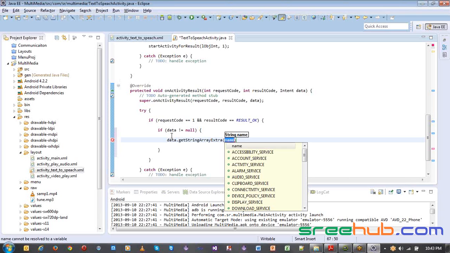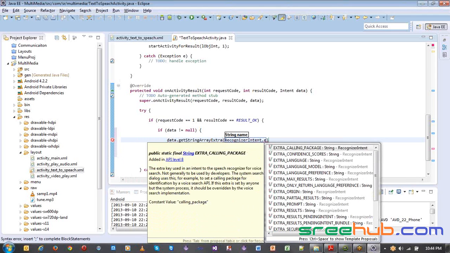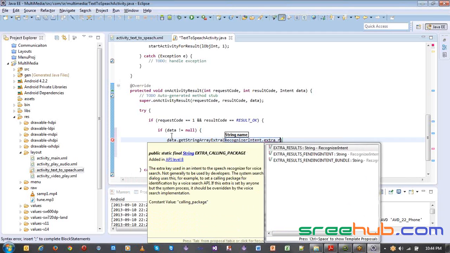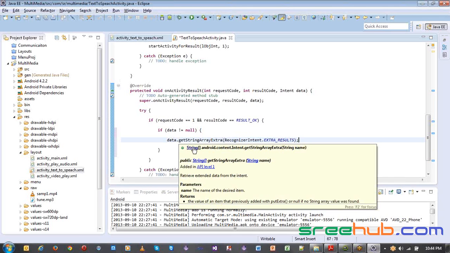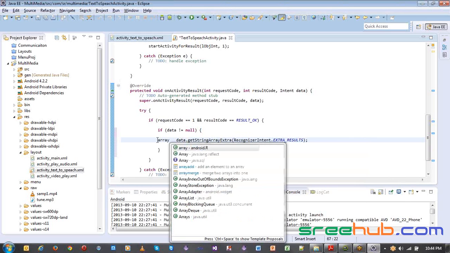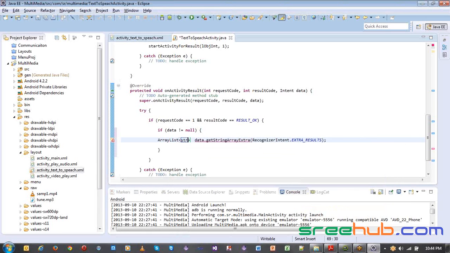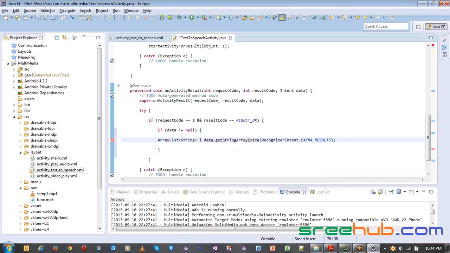Here we are going to take this, and we have to give the key as RecognizerIntent dot EXTRA_RESULTS. We want all the results to be given. Now you can see this will give you a string array. You can directly take a string array, or let us take an array list so that you don't have to mention some size for that. So you have your string array. Let me give it a string, and let me call it LARRLST